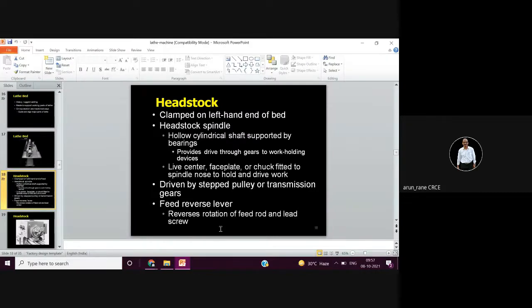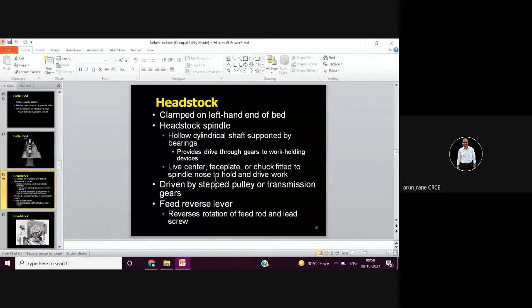Then you have the headstock. So what are the functions of the headstock? The headstock is clamped on the left hand end of the bed. It has a spindle inside.